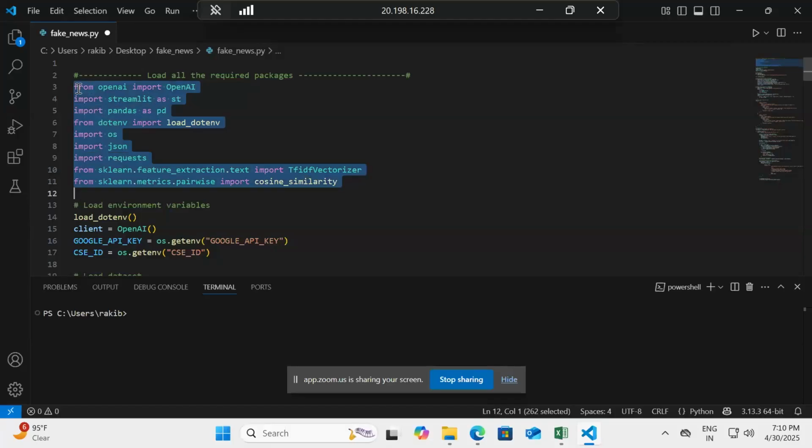Packages are basically modules that are used for doing specific things. We are calling the OpenAI package. We are calling the Streamlit module. Streamlit will be the package where we'll be hosting the app, the app for demonstrating how we can identify fake news. We are also importing OS for the working directory, JSON for reading JSON files, and requests, since we are loading data